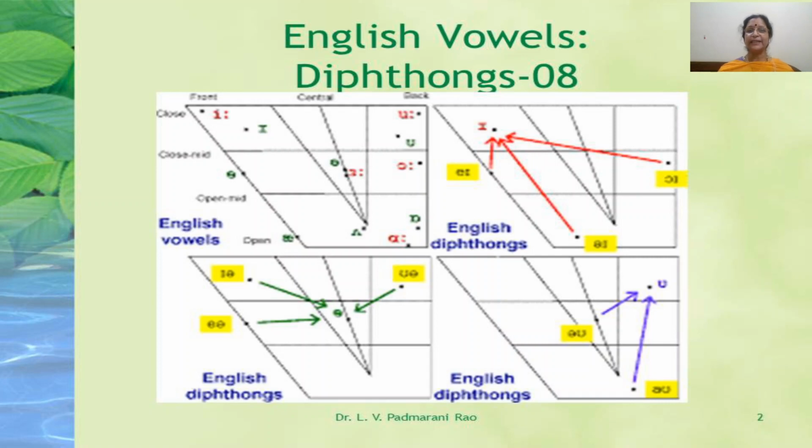Now, of these 8 glides, of which 5 are rising and 3 are centering, you could find that some of the glides are very wide or long, and some of the glides are narrow or short. Can you make out which are the longer ones or the wider ones? If you look at the first diagram on the extreme top right hand side, you could find that of the 3 glides that are ending with E,